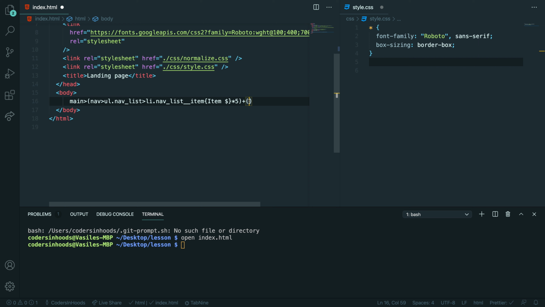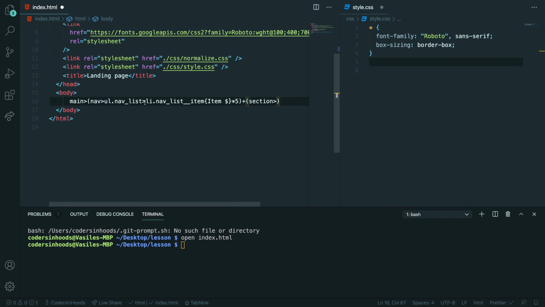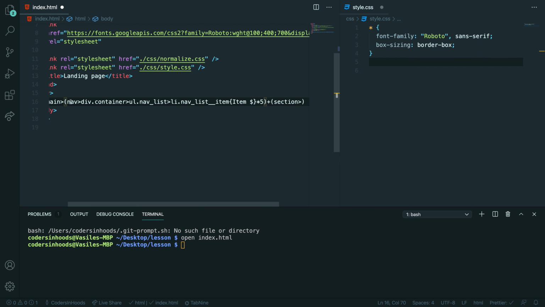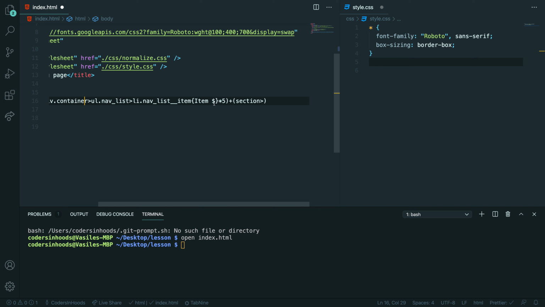Next section is, let's say, section. I'll call it section. And there, remember our layout. Ooh, I forgot about my container, right? I want to wrap this one into the container. So I want to have div with class container, because I will add default stylings for all my containers. Something like that. So navigation, inside we have div with class container. Inside this we have UL with class navlist, and inside we have 5 LIs with some text and classes. So next up is section, then again div.container,